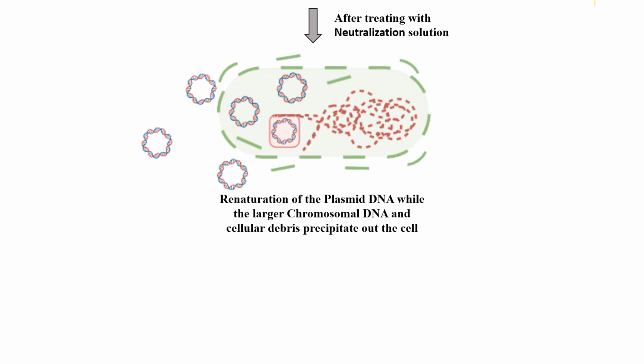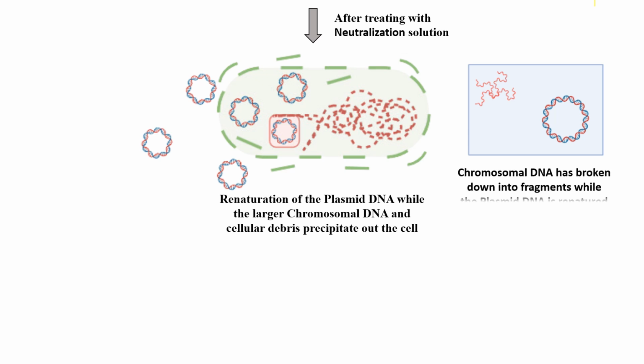Meanwhile, the larger chromosomal DNA, which had been denatured in the lysis step, cannot renature properly and instead forms insoluble fragments. These fragments, along with other cellular debris, begin to precipitate out of the solution. The side panel shows the state of the DNA molecules after neutralization. The chromosomal DNA (red squiggly fragments) is now broken into pieces, while the plasmid DNA (red-blue circle) remains intact and